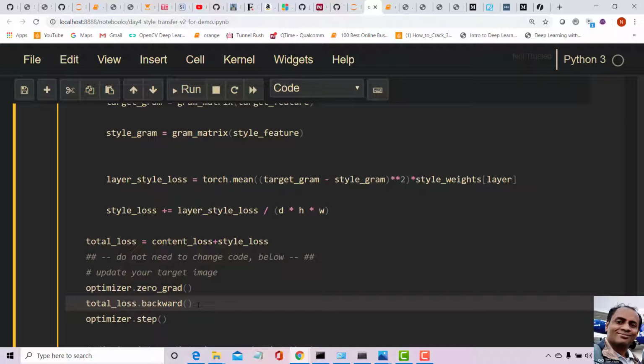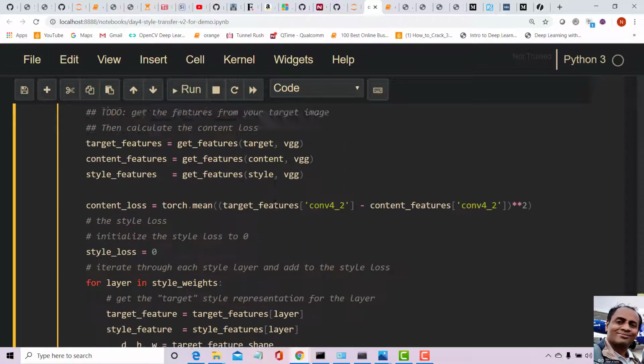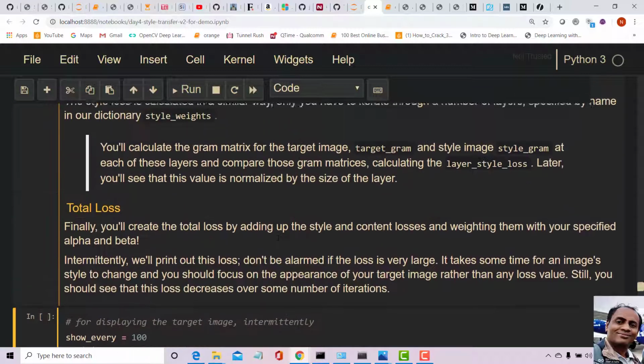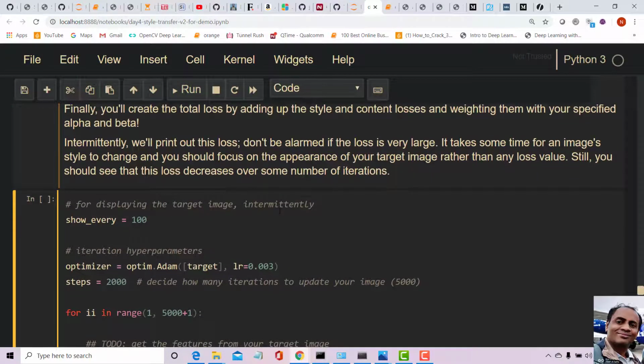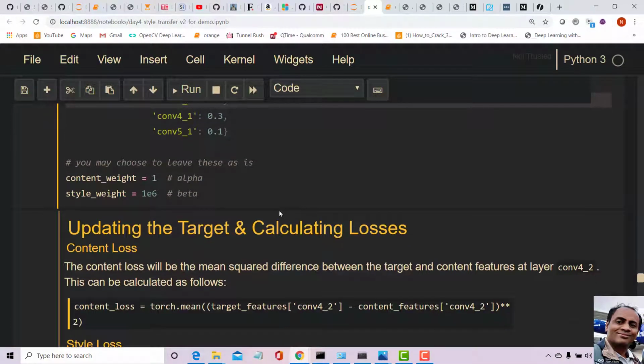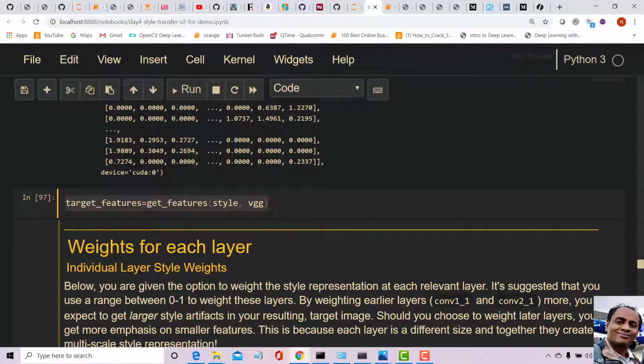Okay, this is what needs to be done, and what this is going to do is calculate the gradient with respect to the original image. See, usually gradients are calculated with respect to the parameters. What are my parameters? The parameters I defined here only. There is no network here. We are only using VGG, but we are not changing anything in the VGG.